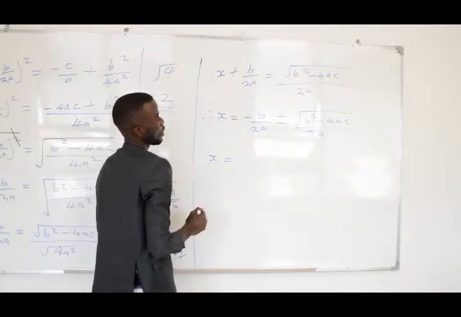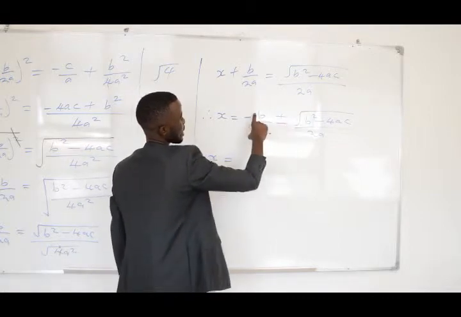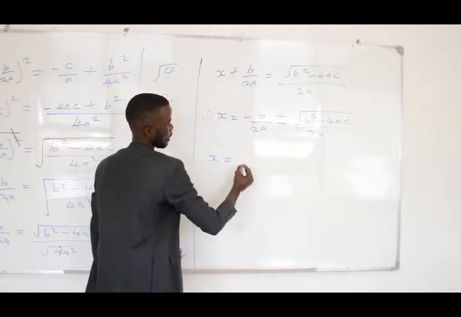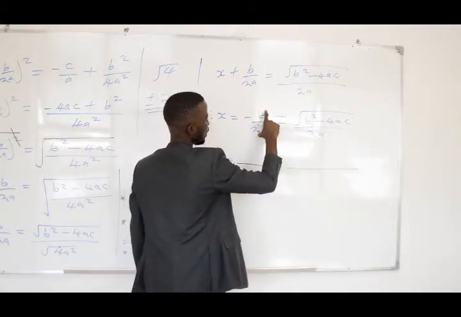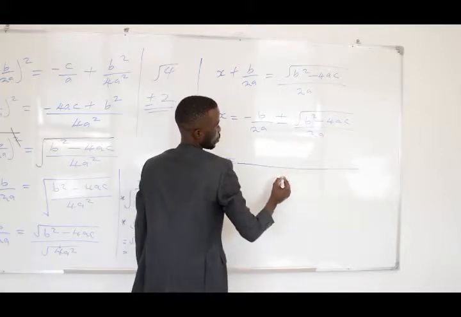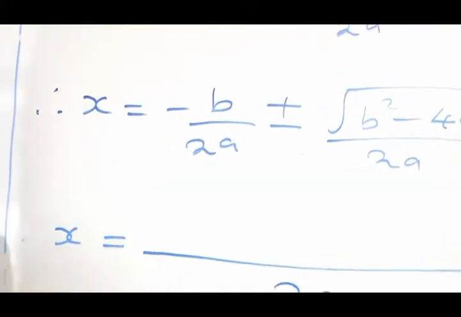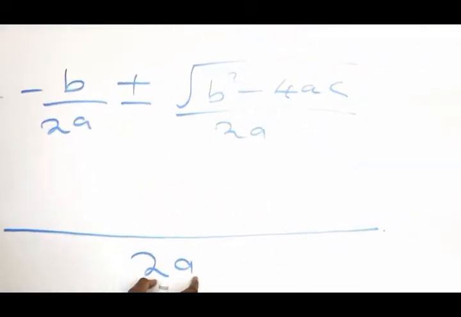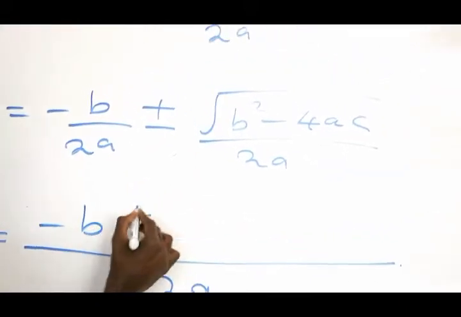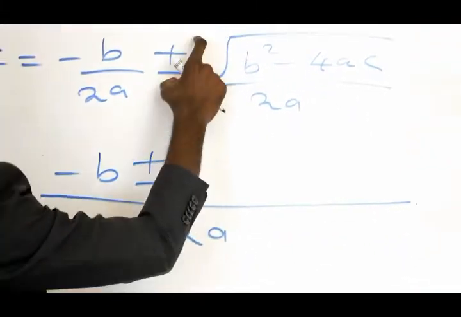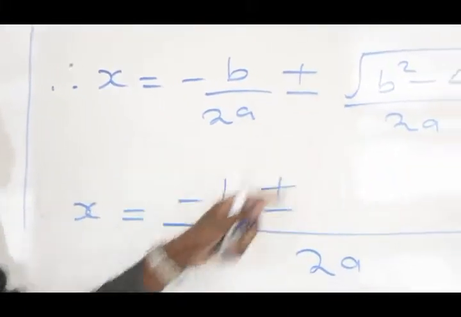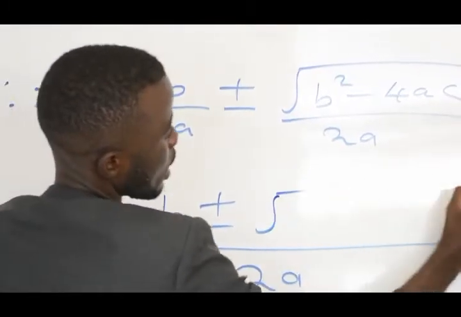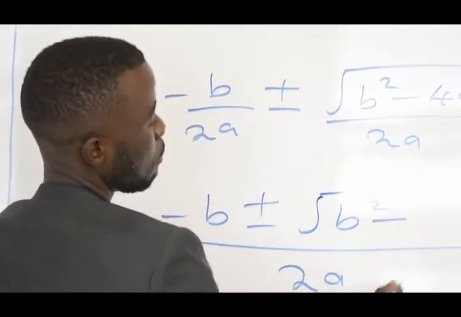Now, what's the next thing? We know that when you are adding or subtracting fractions, you need to find the common denominator. So now let's find the common denominator. The denominators of these two are the same, so it is 2a. So 2a into 2a is 1, 1 times b, we say it is negative b. Positive or negative, you just pick it the way it is, you place them here. Then the other thing, 2a into 2a is 1. Then 1 times the root of b squared minus 4ac, the answer will be the root of b squared